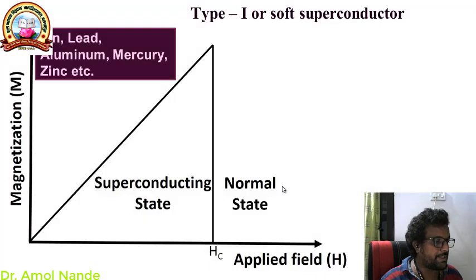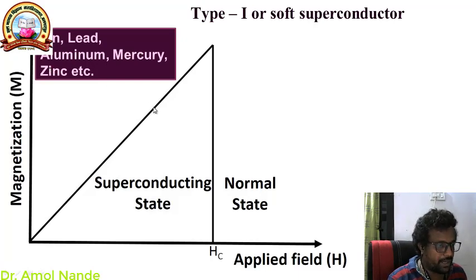So let's discuss. This is the basic schematic diagram for a soft superconducting material. When you apply a magnetic field, you observe the magnetization of the superconductor. As I said, type 1 superconductors are basically pure elemental superconductors like tin, lead, aluminium, mercury, zinc, niobium. You can see from the graph that there is one sharp value of critical magnetic field. Below that the material acts like a superconducting material, and above that the material acts like a